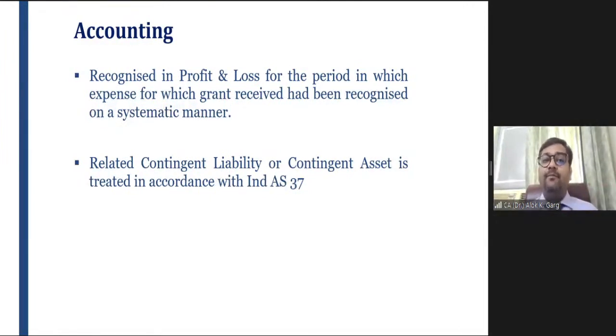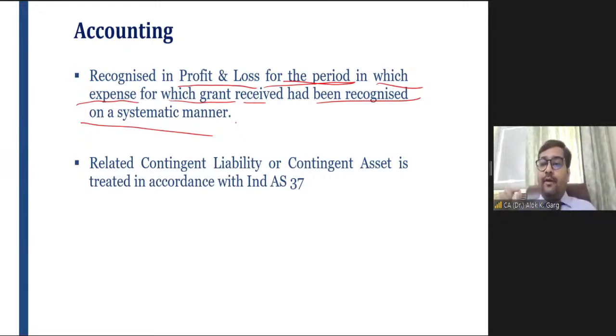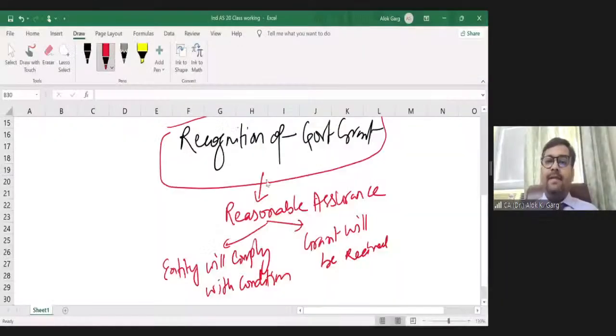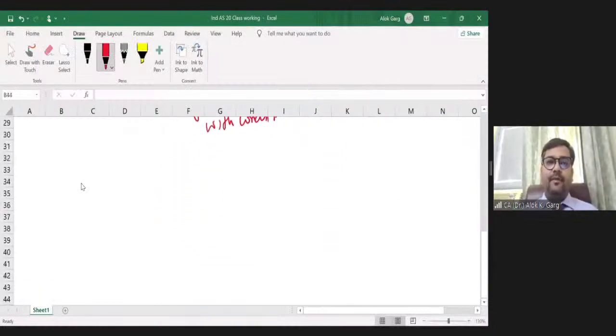So the standard says that the government grant has to be recognized in profit and loss for the period. Sir, which year's profit or loss? For the period in which the expenses for which the grant was received have been recognized, on a systematic basis. Sir, can you take an example for this? For example, the company has received a grant in relation to a fixed asset. When I say fixed asset, for example, the fixed asset,